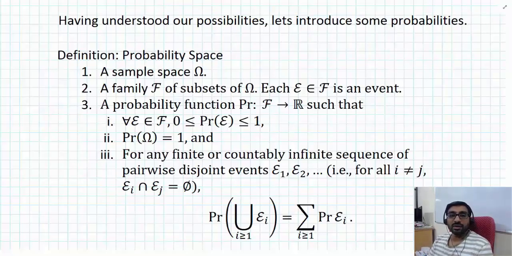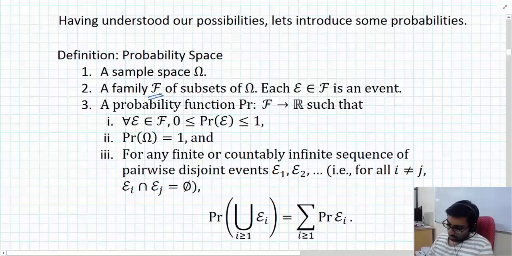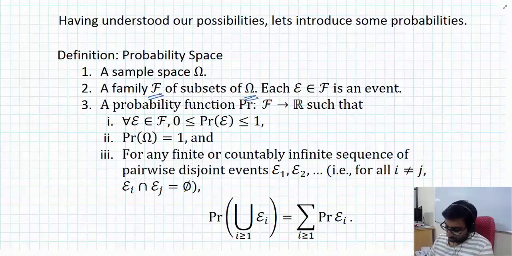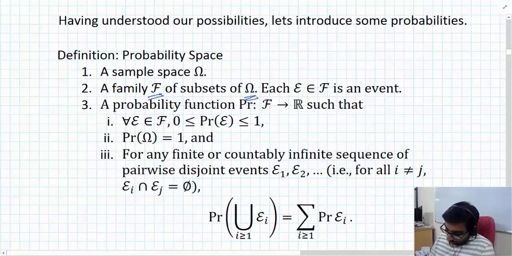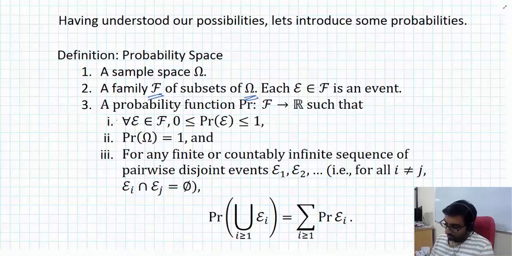And these events that we are interested in are captured as a family F of subsets of the sample space omega. Each element of this family is an event that is of interest to us. Now we need to define a probability function. It's basically a function that maps each event to a real valued number, and this probability function must obey some